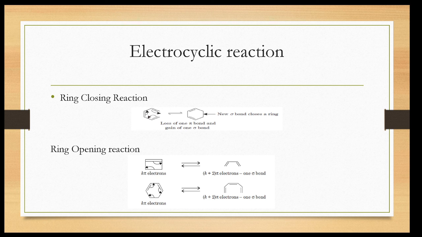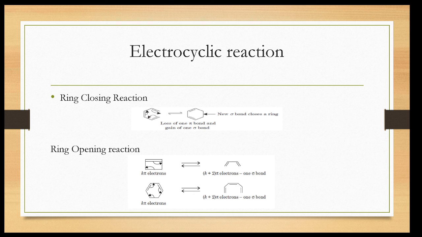The electrocyclic reaction is best explained with the help of the Woodward-Hoffmann rule. In the two modes of induction, the two products will be formed with opposite stereochemistry. There are two modes of cyclization. One is the disrotatory mode of cyclization and the second is the conrotatory mode of cyclization.